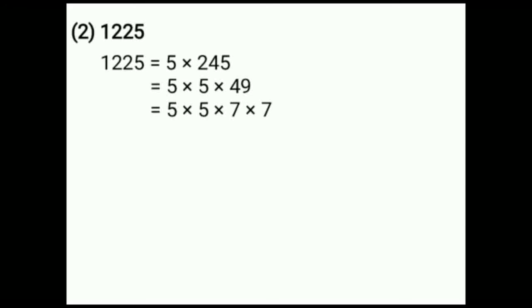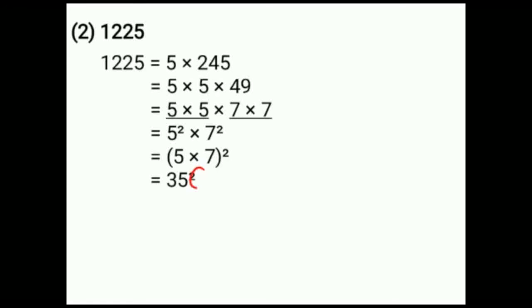Now you have to make groups of 2 in the multiplication form. That is 5 square into 7 square. The base you have to write in a bracket in multiplication form. The index 2 you have to write outside the bracket one time. That is equal to 5 into 7, the whole raised to square. 5 sevens are 35 square.